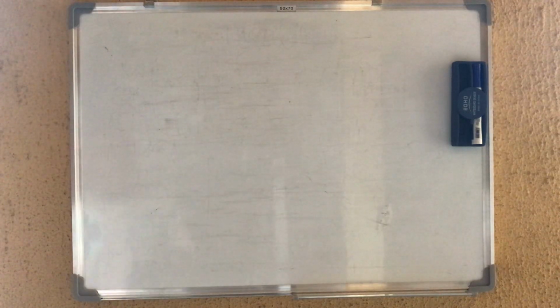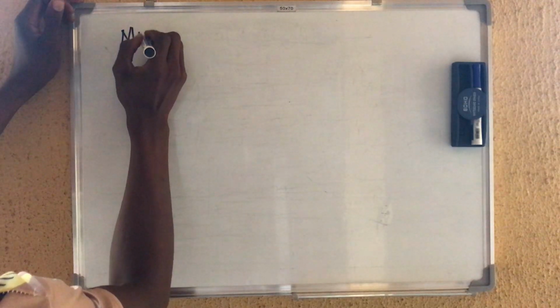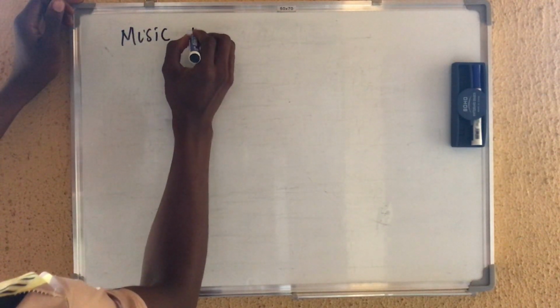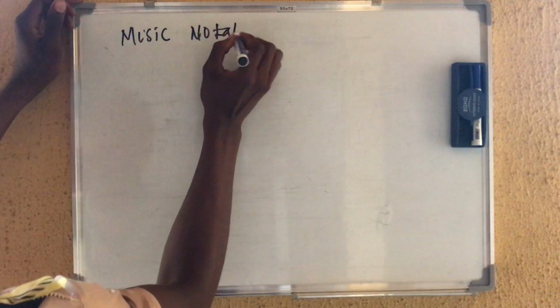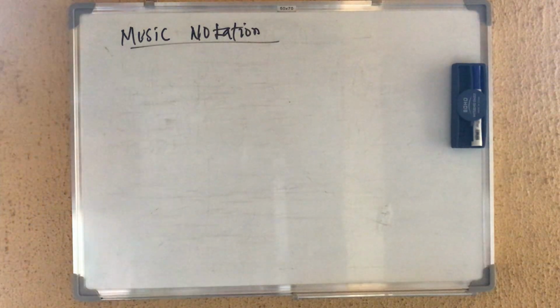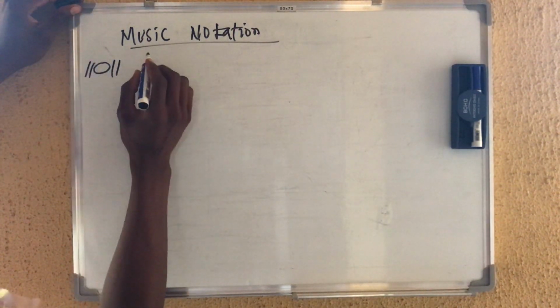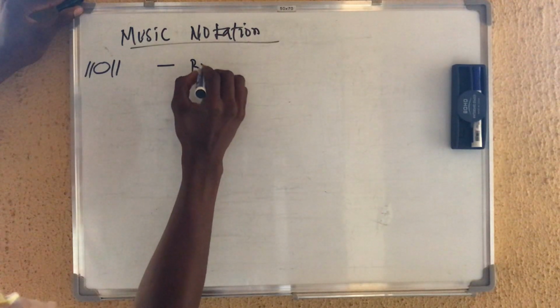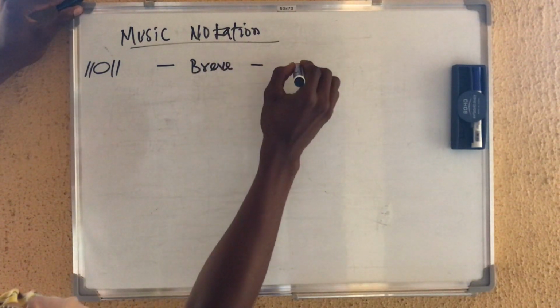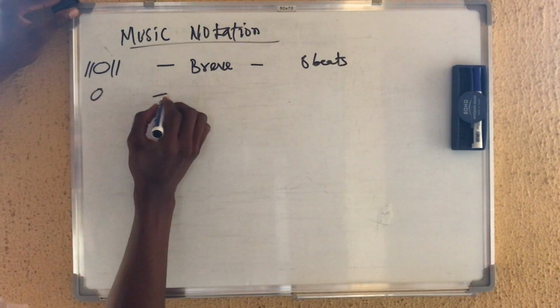And in this video, I'm going to teach us about our musical notes. We're going to learn how to use our musical notes, musical notation in our staff. So, like I told you, we'll have the one we'll call the breve, which is 8 beats. We'll have the one we'll call the semibreve,